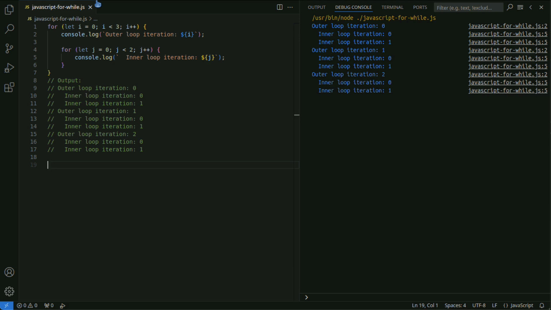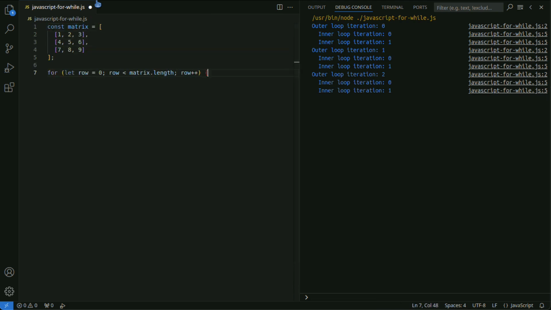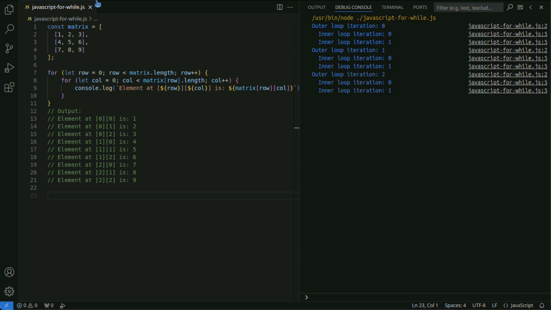In the following example, we handle a two-dimensional array and print each element. In this way, using nested loops allows access to each element of a two-dimensional array.